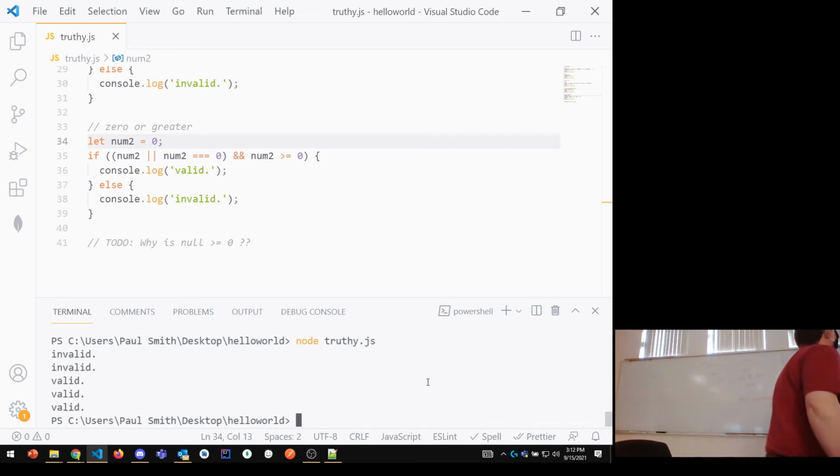So we say that num2 is true or is exactly equal to 0, and it's greater than or equal to 0. That would be my way to cover